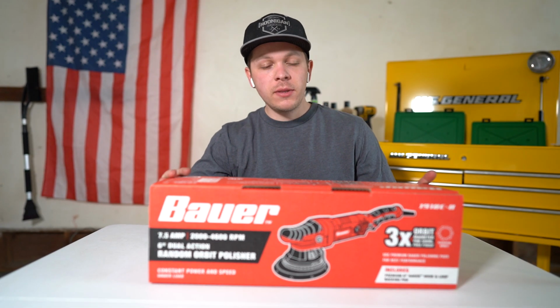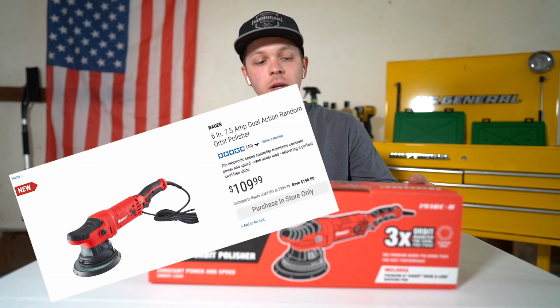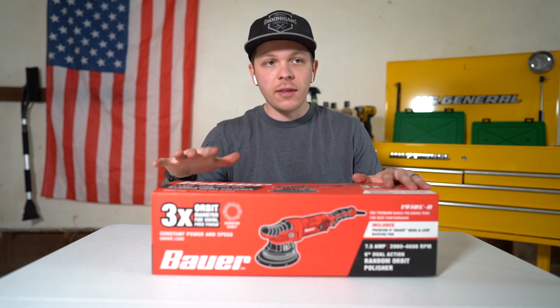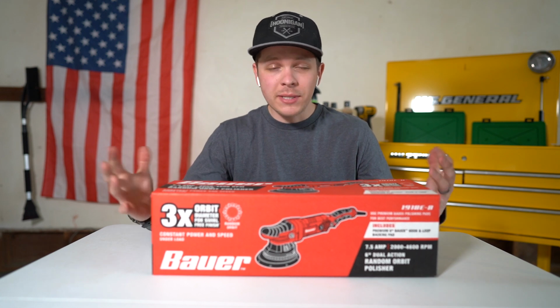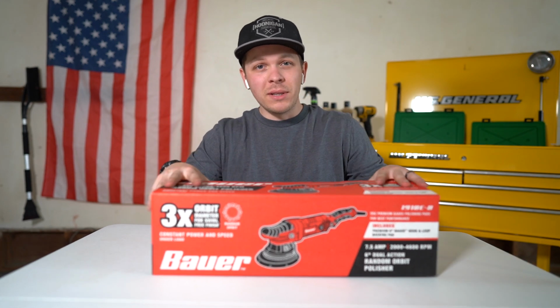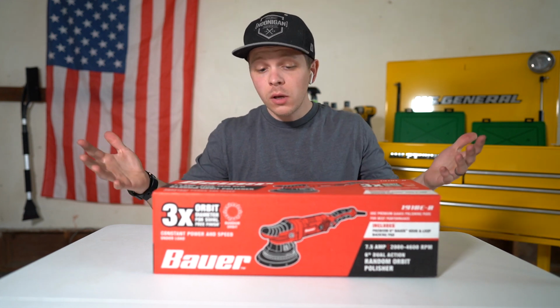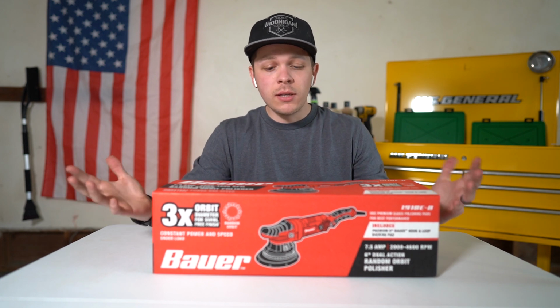Alright guys, so I just picked up this polisher from Harbor Freight. It was $109.99. This is supposed to be one of the best random orbitals from Harbor Freight that they've come out with for a long time. In the past they had a Pittsburgh random orbital that was decent but had some mixed reviews. But this is supposed to compete with the more high dollar polishers that are on the market right now. So let's take a look at it, unbox it, see exactly what you get, and then do initial thoughts